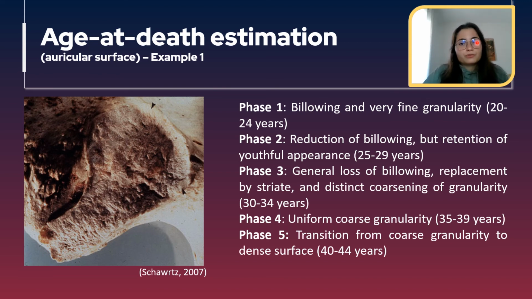Now looking at phase 4, there's a uniform coarse granularity, which is what we see in this image in this zone. And at phase 5, there's a transition from coarse granularity to dense surface. If we look at these zones, for example, here and then here, we see that they are dense, but the rest of the auricular surface still has granularity. So this means that this auricular surface is in phase 5,